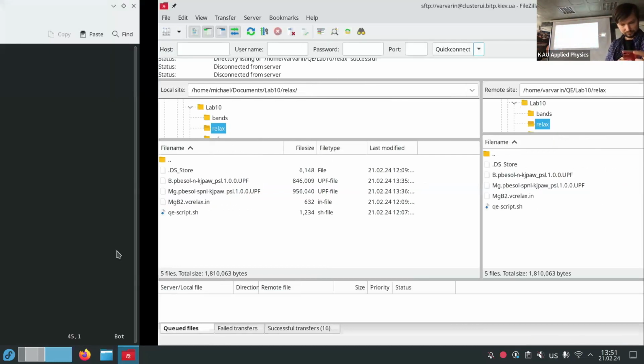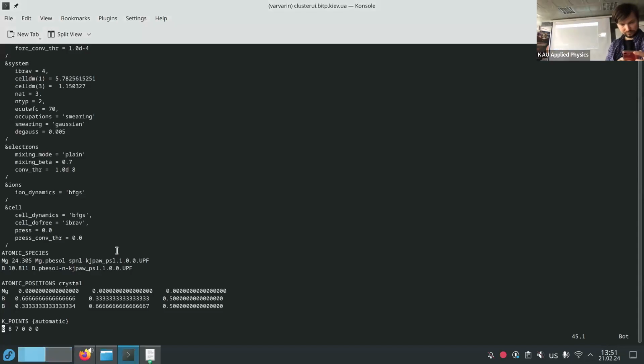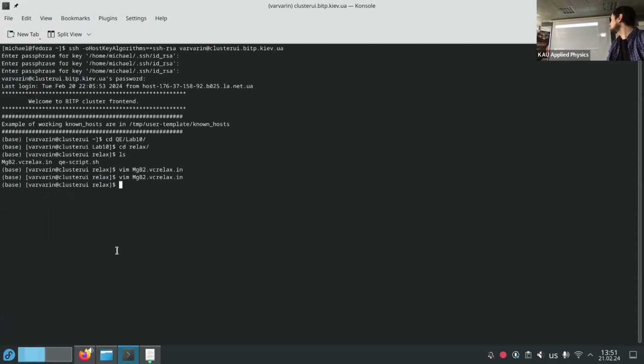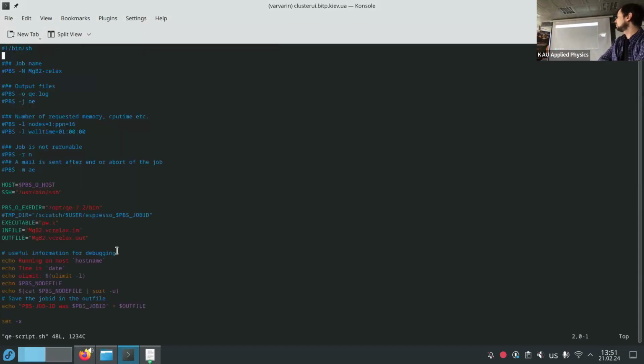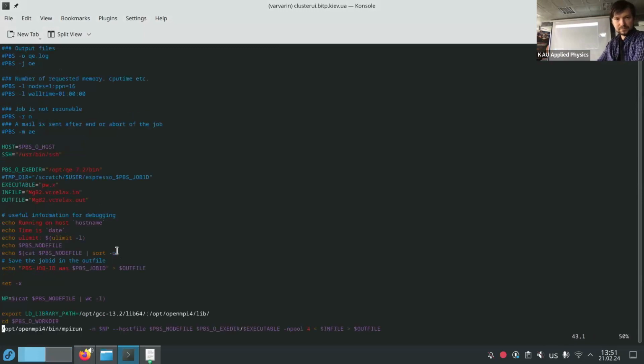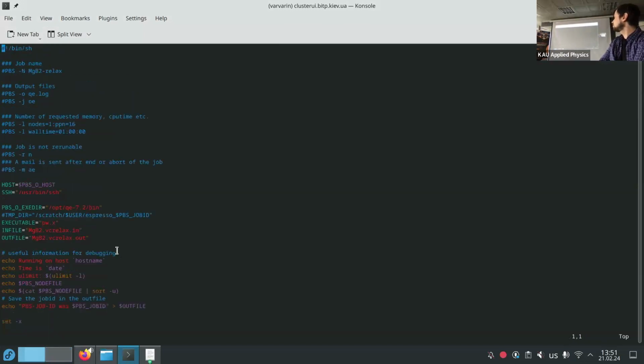Now the qscript. It is a new thing from last time, so we should use it to submit the jobs onto the cluster.